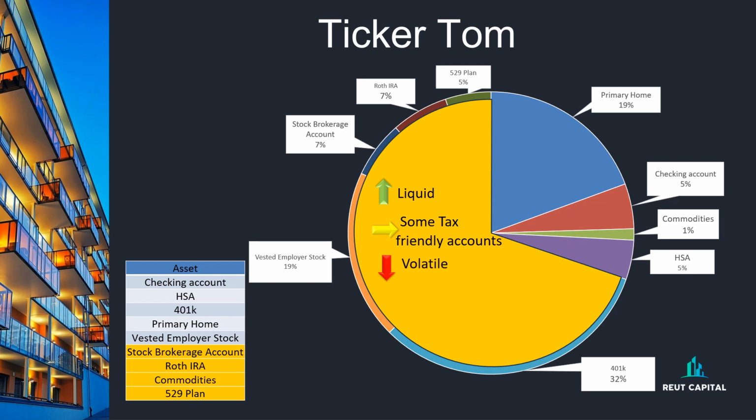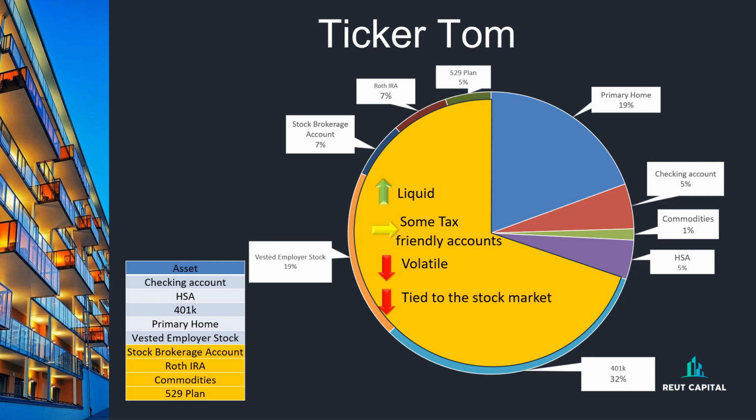Ultimately, if these plans need to grow, they need to be invested in the stock market. So they are volatile in nature, and they are all tied to the stock market. That could be a big con for the majority of the pie. Having said that, even Tom wouldn't want the majority of his net worth exposed to the stock market, even though it gives him good tax benefits, even though he can liquidate it whenever he wants. It's all tied to the stock market, which is not good.